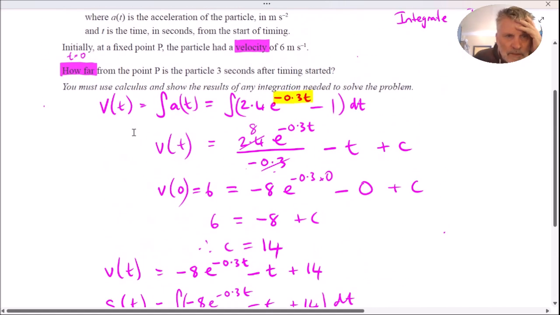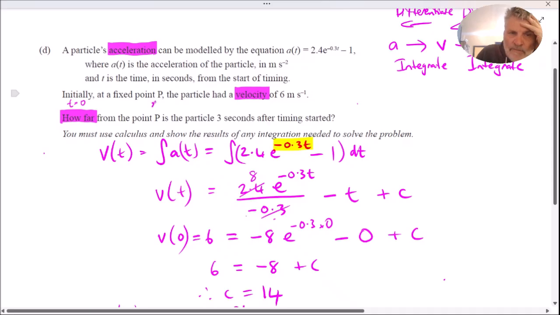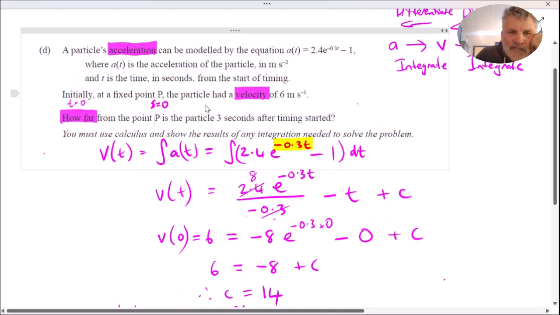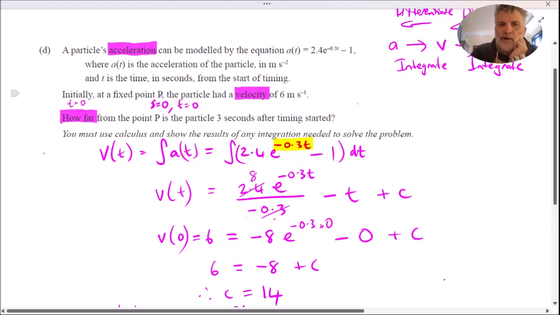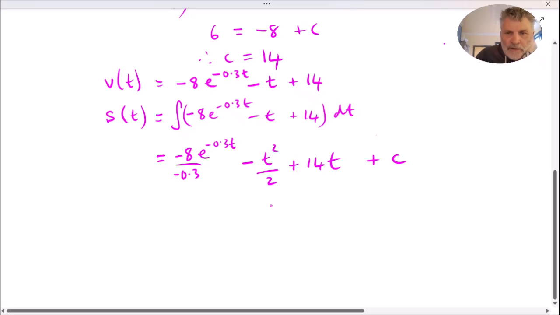And we're a distance from a fixed point, initially from a fixed point, so we can call that point the point where s equals 0. We're basically free to choose where our frame of reference starts. So we have s equals 0 at the time t equals 0. So initially we're at a fixed point and we'll measure all our distances from the point P. So we can now use that to find our constant here. Actually, it's a bad practice. I've used C up there. I should change this and call it K, say